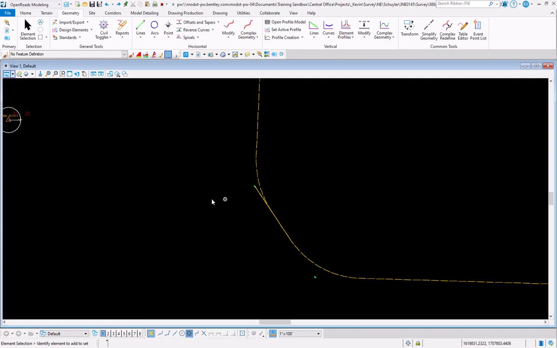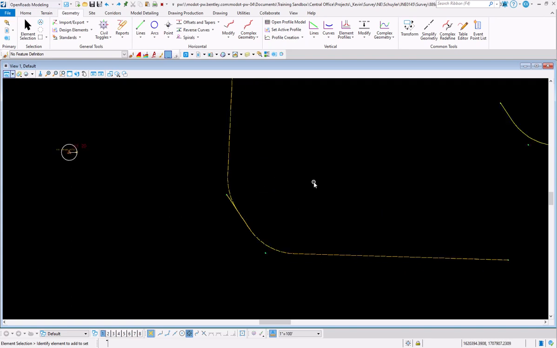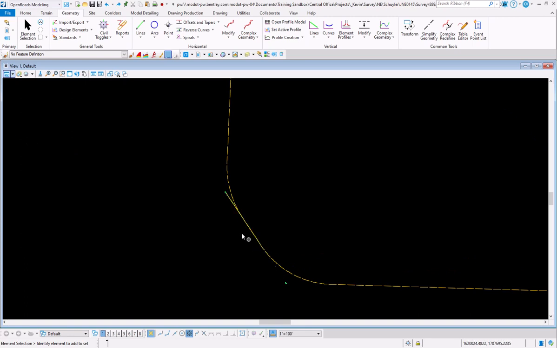So we've got an alignment here. We tried to lay it out using the complex by PI tool. And after I laid out the alignment, I get these little extra pieces here on the tangents. And I've seen this before, and it's a little frustrating because when you try to delete that little extra